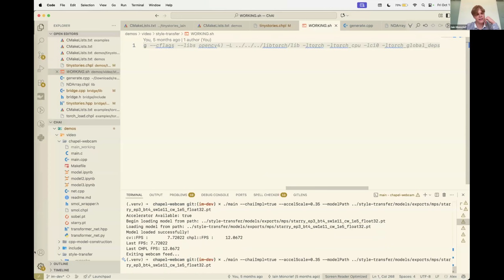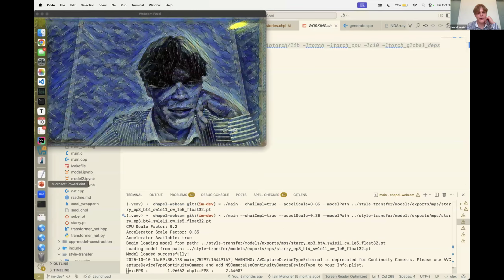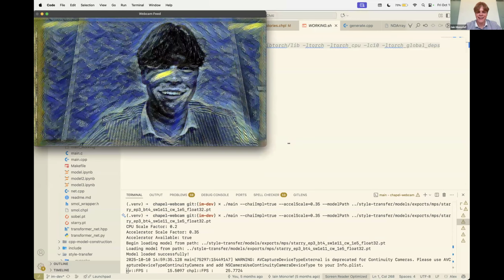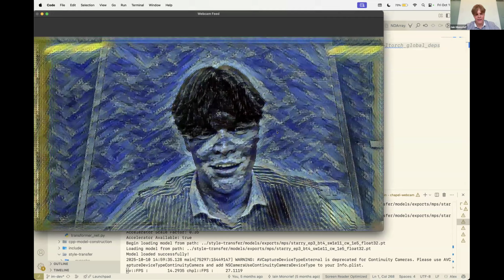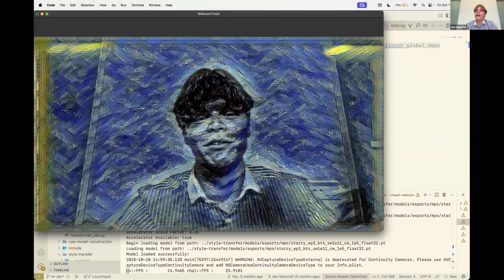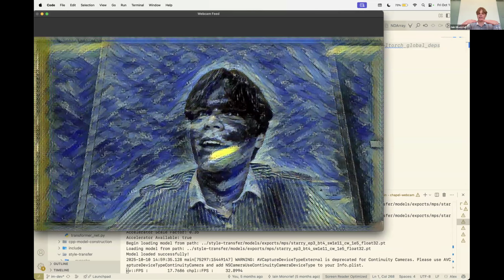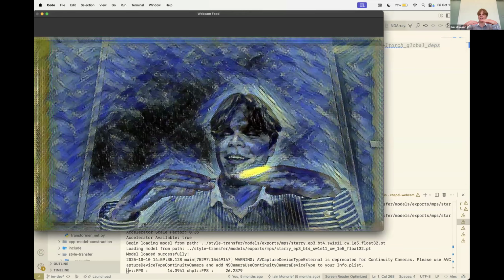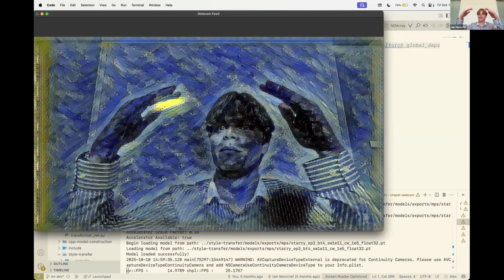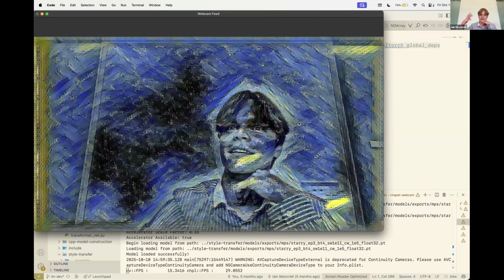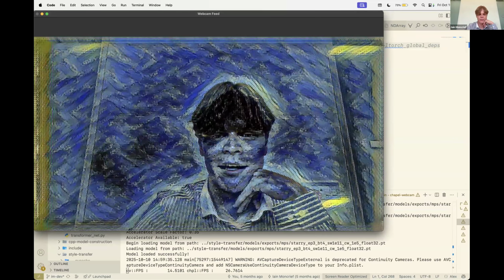So I'll actually show you this right now. It might take a few seconds. Oh, here it is. Yeah, so this is me in Starry Night. This is using Chapel. So it's libtorch, and then it's Chapel exported as a C library called from a C program that does the OpenGL and image feed thing.